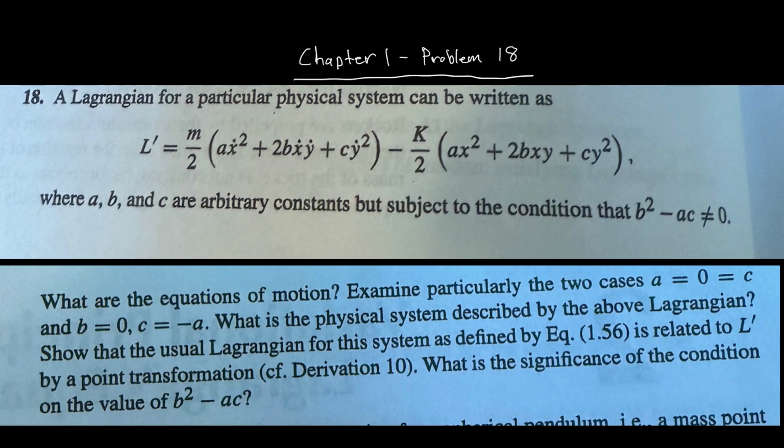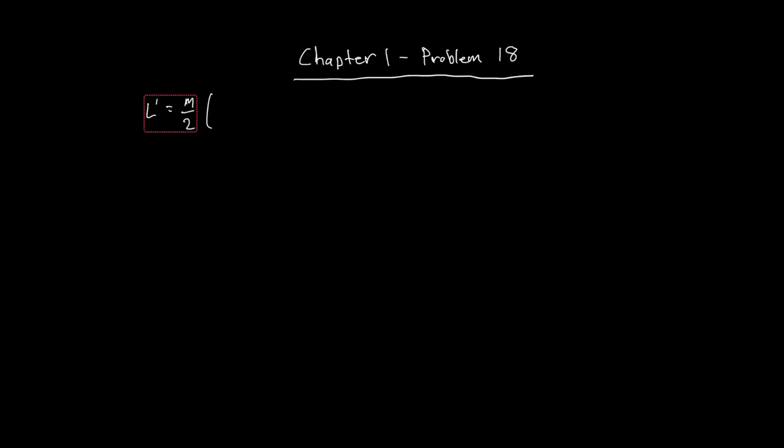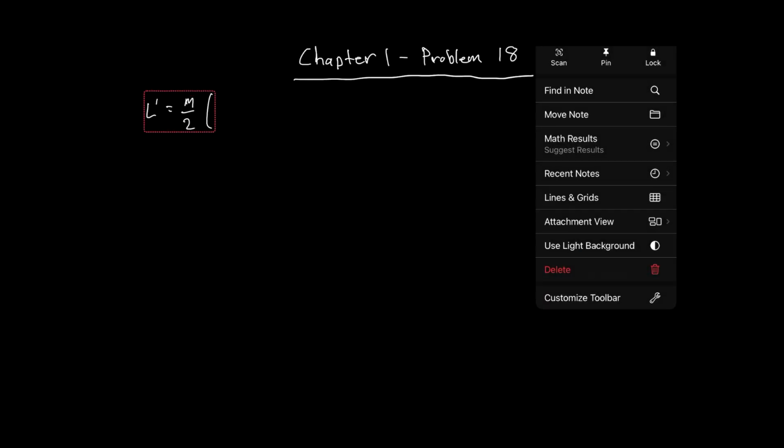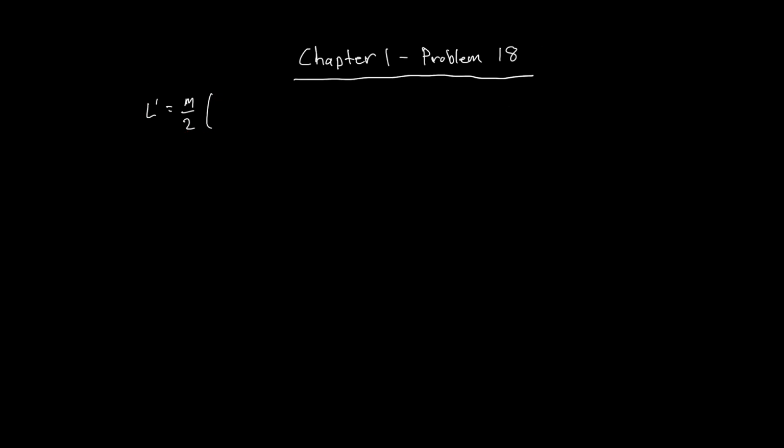Alright, so for this problem, it is chapter 1, problem 18, and I'll just go ahead and read it. It says, a Lagrangian for a particular physical system can be written as the following expression. I'll write it up here. It's L prime equals M over 2 times the quantity A x dot squared plus 2b x dot y dot plus c y dot squared